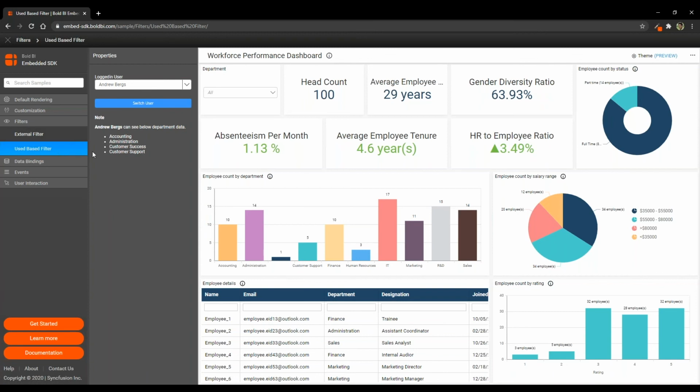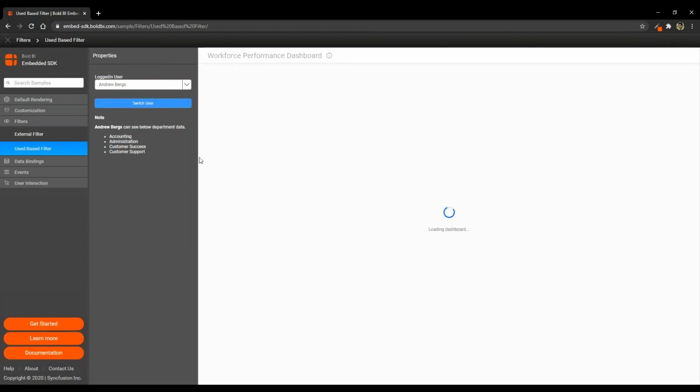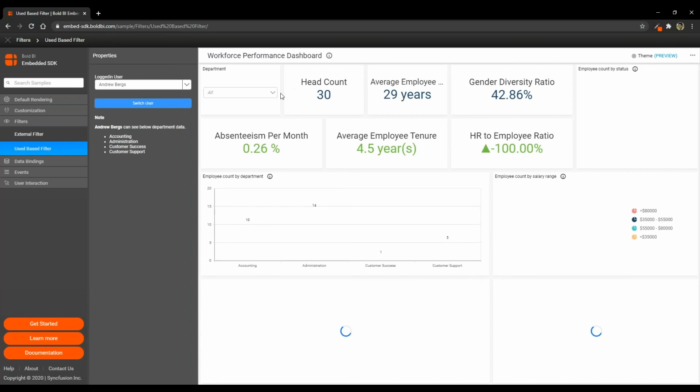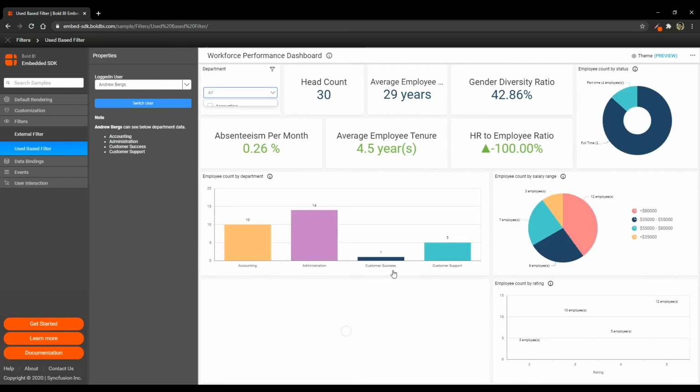So with this user-based filter feature, I will be setting the control in the whole BI dashboard itself. For this particular user, these 4 departments alone should be made visible. Other departments should not be visible. So if I just switch to Andrew Bergs' user, only these 4 departments will be loaded. As you can see, only these 4 departments are present in this dashboard.